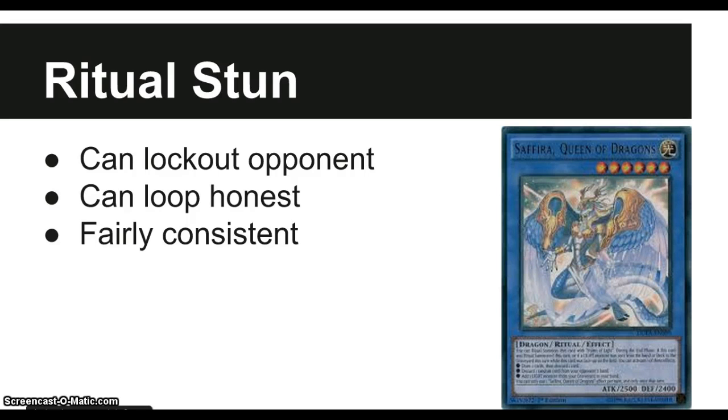That is honestly pretty much amazing and is really good. So the deck is fairly consistent. It's not super consistent, but it's fairly consistent, and it can loop Honest, because if you use Honest, you use her effect to grab it back. So Ritual Stun is on my top 10 because it can lock out the opponent, it can loop Honest, and it's fairly consistent. Next up,